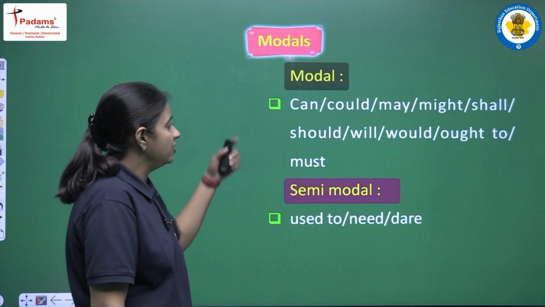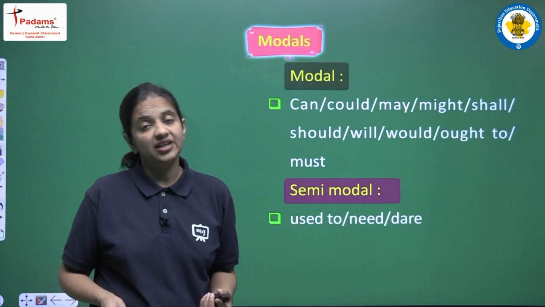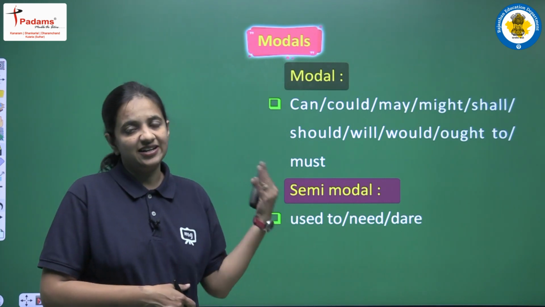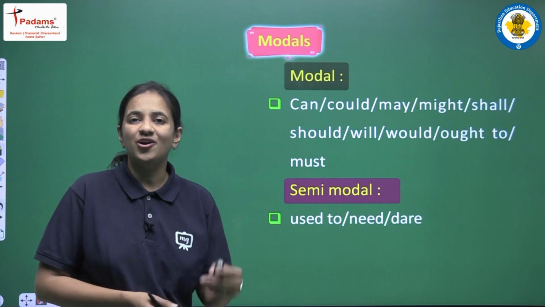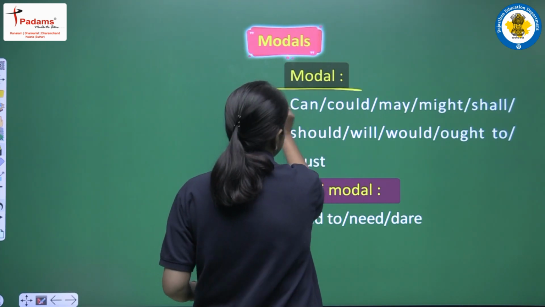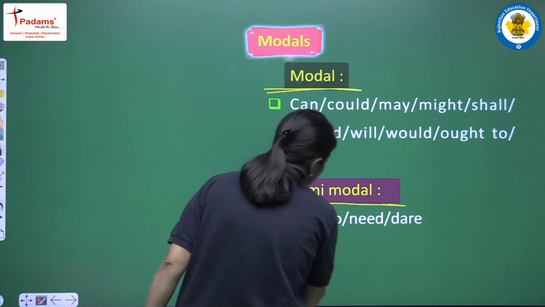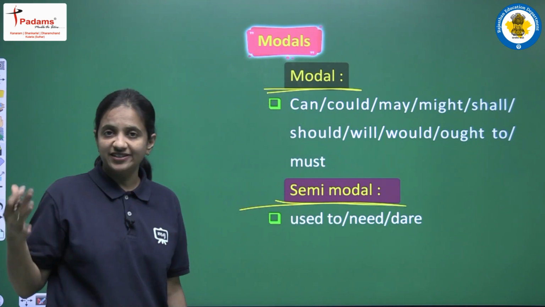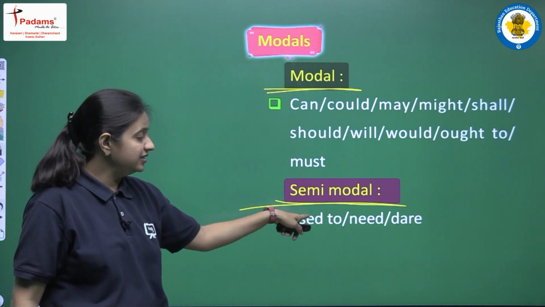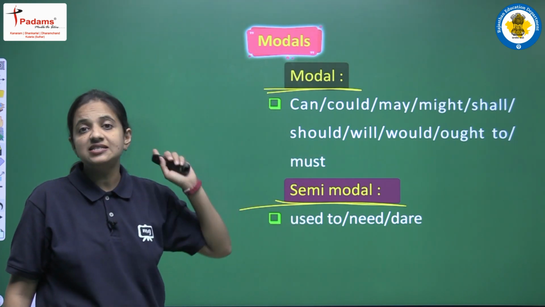नेक्स्ट लेट्स सी जो मॉडल्स है वो कितने होते हैं, कौन कौन से वर्ड्स हैं दैट वी इंक्लूड इन दिस कैटेगरी, दैट इज मॉडल्स, और वी कैन से दैट इज मॉडल ऑक्सिलरीज. सो फर्स्ट ऑफ ऑल वी आर हैविंग सम मॉडल्स एंड देन वी आर हैविंग सम सेमी मॉडल्स ऑल्सो. ओके, सो देयर आर टू कैटेगरीज. फर्स्ट इज मेन मॉडल्स, द मेजर मॉडल्स वी कैन से, एंड इन द सेकेंड कैटेगरी वी आर हैविंग सेमी मॉडल्स.